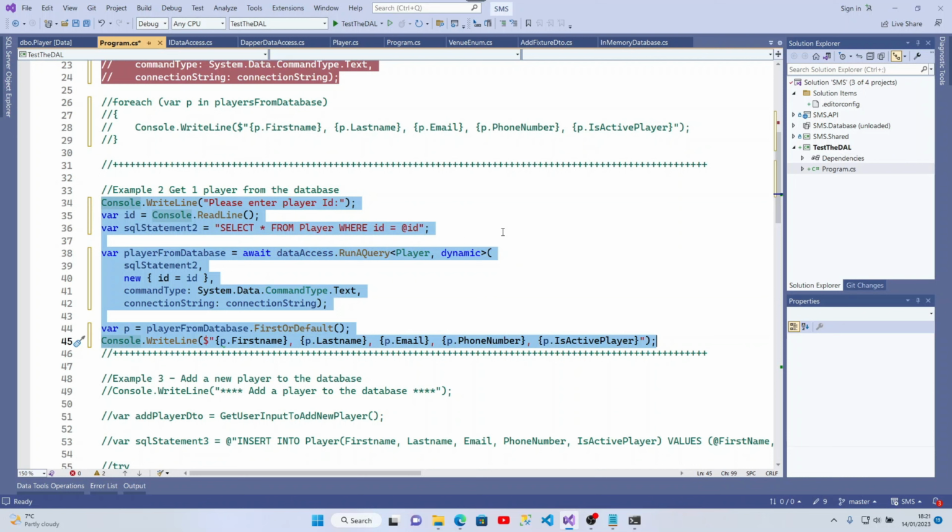@ID is a parameter. Here's our statement again for talking via Dapper, data access.run query, a player, pass in a dynamic, which can be our list of parameters, and then we supply it with our arguments. So we've got the SQL statement, which is here. We've got our parameters, which is just an object that has an ID in it. Again, the command type is text, and the connection string is our strange connection string at the top of the page. If we just run this one,